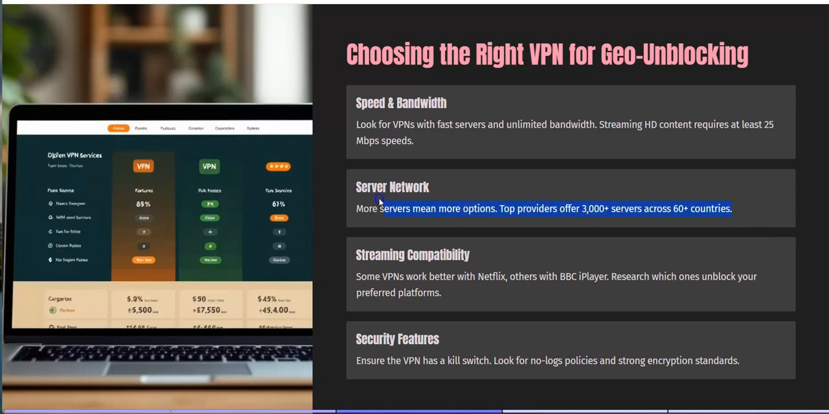Your server network, find a VPN service that has servers in the country you need. That's important, the country you need. The top providers like NordVPN, which is the one I use, and you can see a discount link in the description below to their latest discounts. They've got something like 3,000 servers in 60 plus countries, but whatever one you use, make sure they've got the